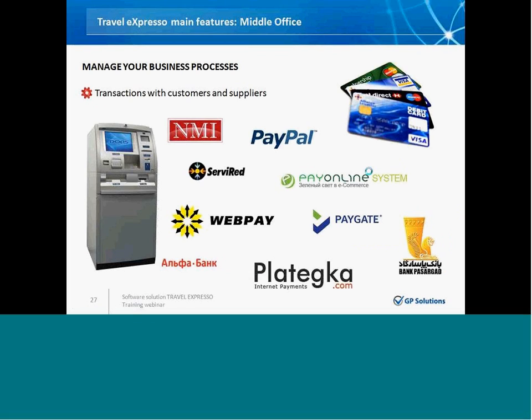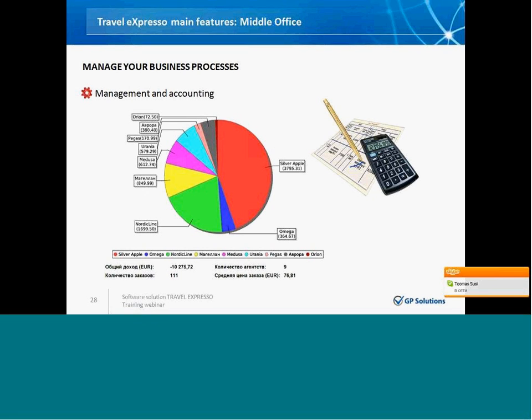That is about reservations. Now what about payments? Currently, the system is connected to different payment processing systems, the most famous among these being PayPal, but also a set of local payment systems like PayInline, WebPay, Platoshka, and so on. You can connect to any of these payment systems, and during the booking process, the system will suggest withdrawing payment automatically, and you will get the money immediately from the credit card of